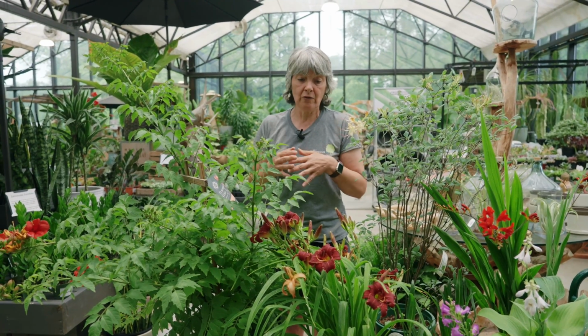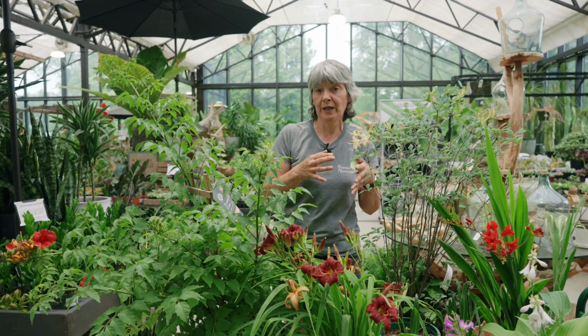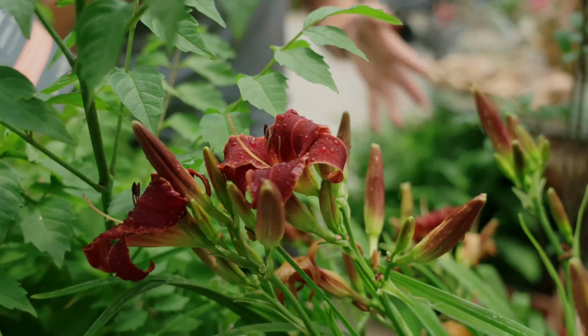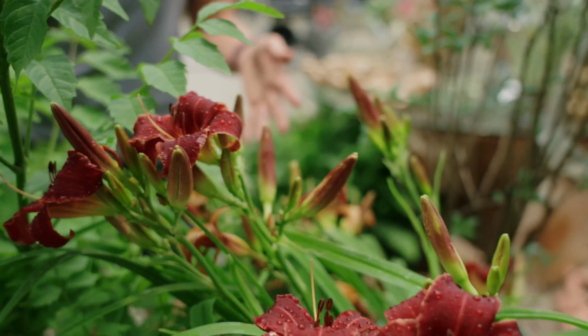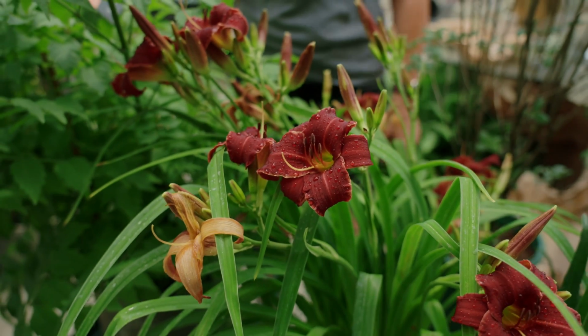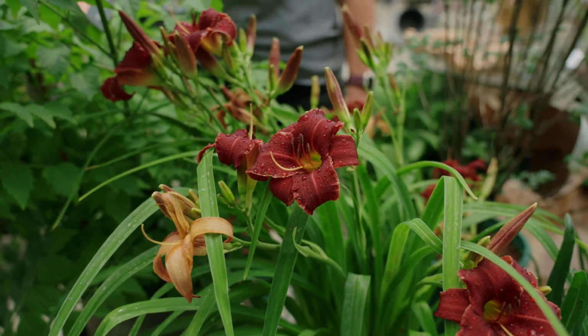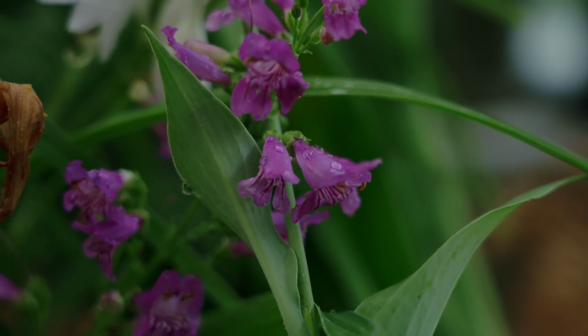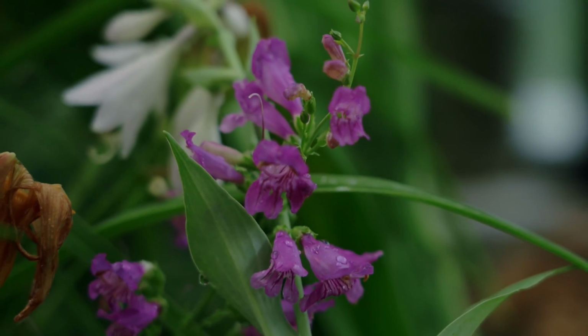And they also have differing bloom periods. Some start earlier than others, some are later. You know, daylily is a fantastic plant, a great doer anyway, but it does have the advantage that it can provide nectar for hummingbirds. Moving on from the wonderful red daylily, the plant next to it is a late blooming